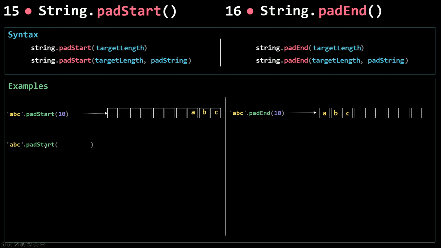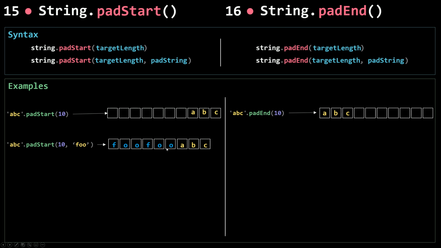Now let's go and see an example where I pass in a padString. So I'm going to pass 10 as the target length and then foo as my padString. So now my ABC string here will be padded with foo, the padString. And now because my string here didn't reach the target length, which is 10, so we have here just 6 for the length, this will keep padding my string with the same string multiple times till it reaches the target length. So this will go and pad the string again with the same padString foo,